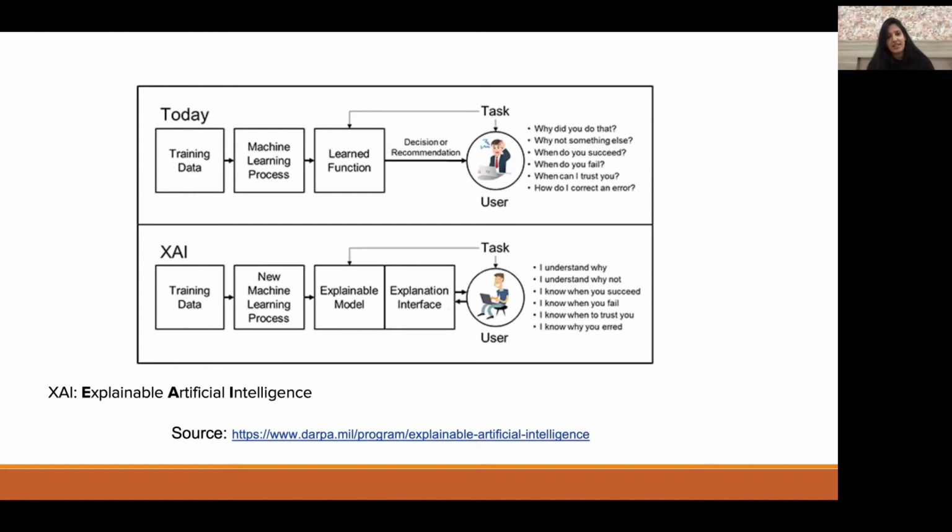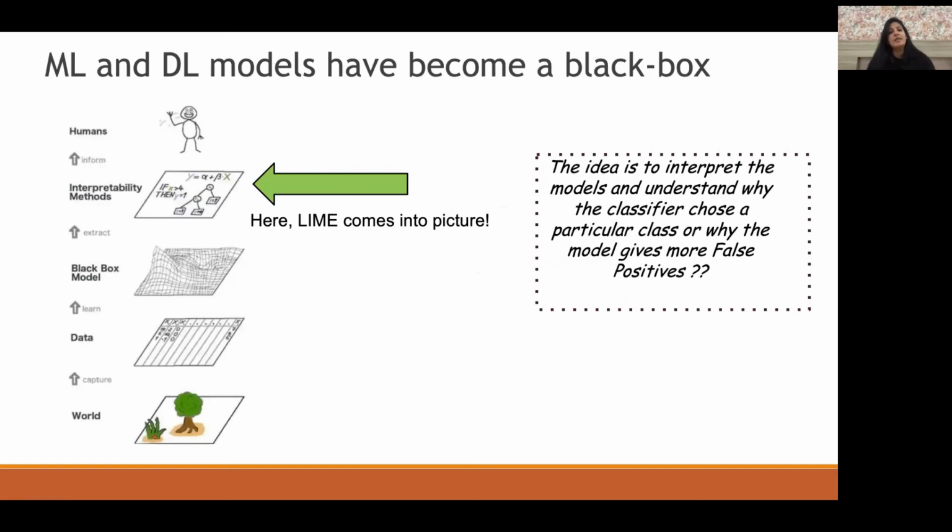And that's very important in building trust in your application, because the person knows exactly when the model fails, when the model succeeds, and why. So currently, you'd be saying that, okay, my decision tree classifiers I can easily understand. But what will you say when you're working with more complex models or with ensemble techniques? So the basic idea is to interpret the models and understand why a certain decision is made.